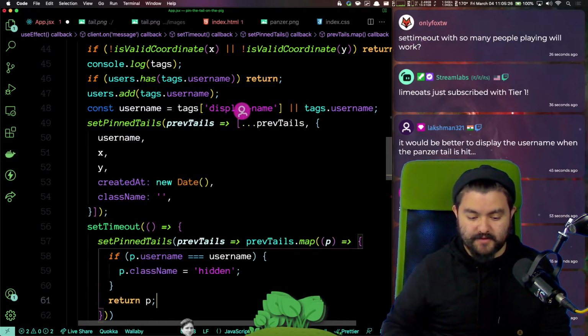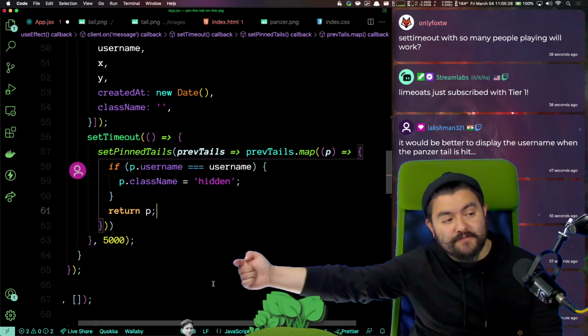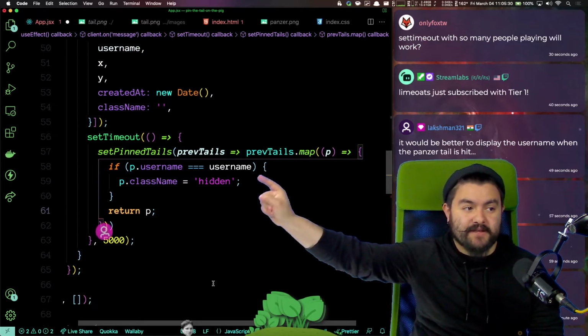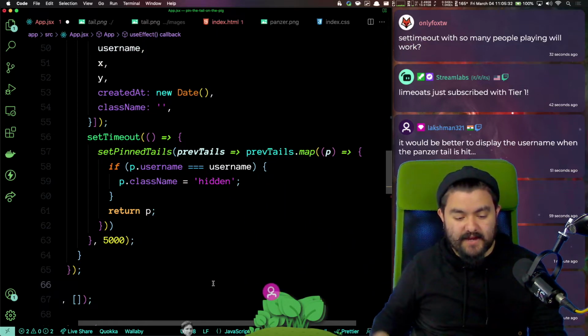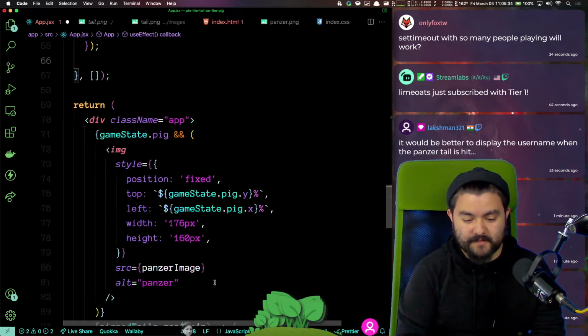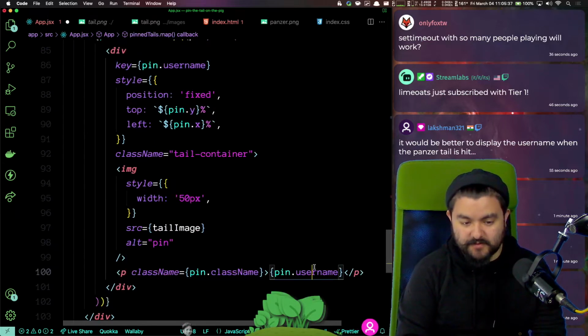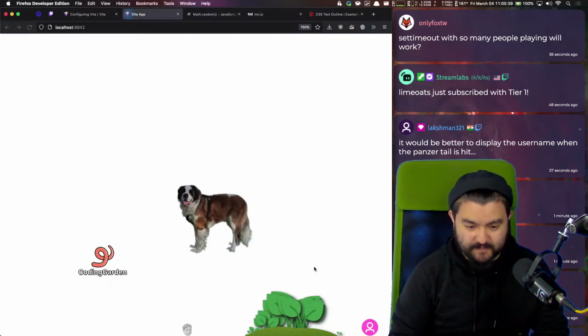Otherwise, we just return the thing itself. And so now, after 5 seconds, we do a state update to set class name to hidden, and then that should be used down here, which will hide the username. Let's see if it works.